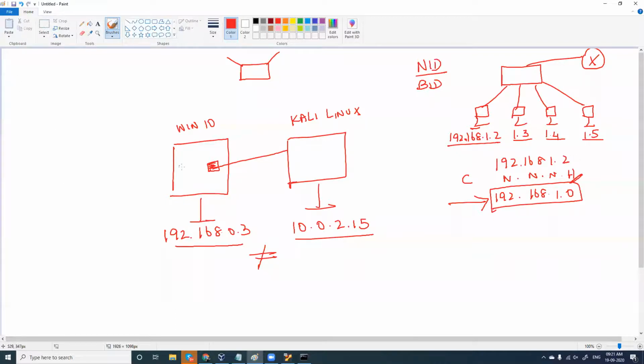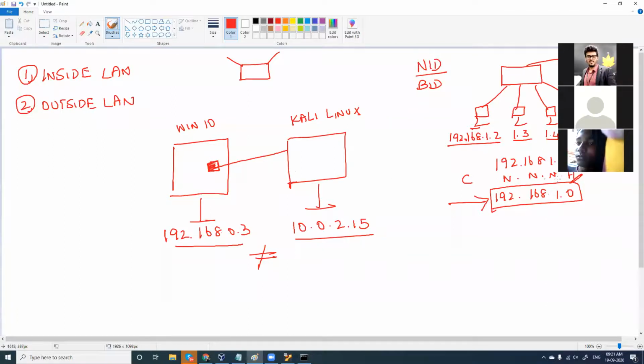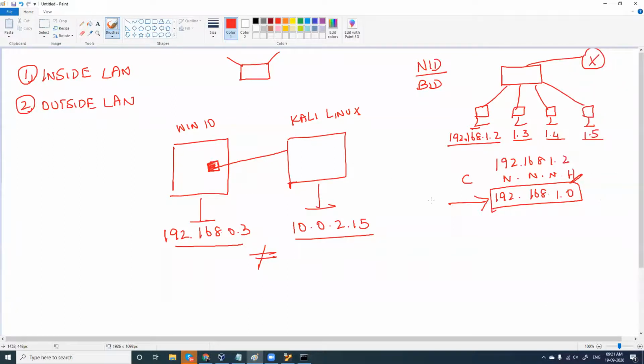So the OS which you are going to install inside VirtualBox, it is your option. Do you want the OS to be inside your LAN, or do you want the OS to behave outside the LAN? We have different scenarios. In case you want to learn hacking out of LAN, then probably this kind of architecture is okay, because this will behave like my computer is in Chennai here and this Windows 10 is in Bangalore. Both are from different LANs. In case you want to practice out of LAN, you can leave this configuration like this.